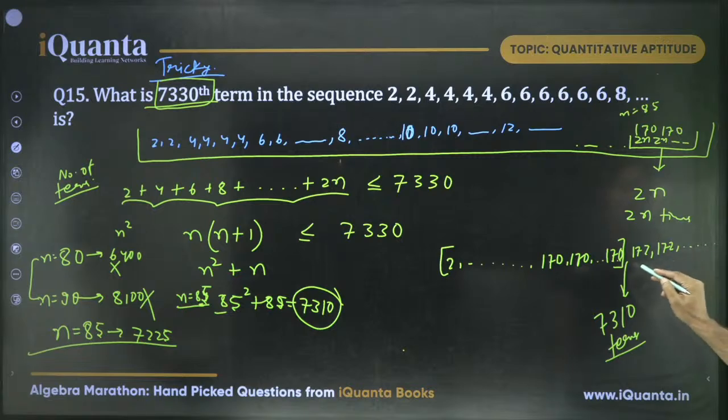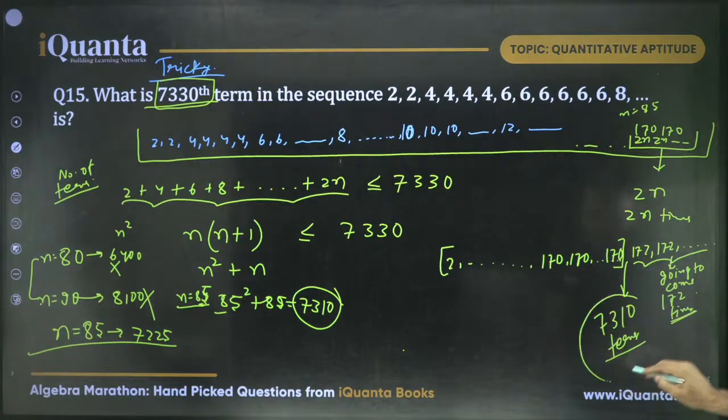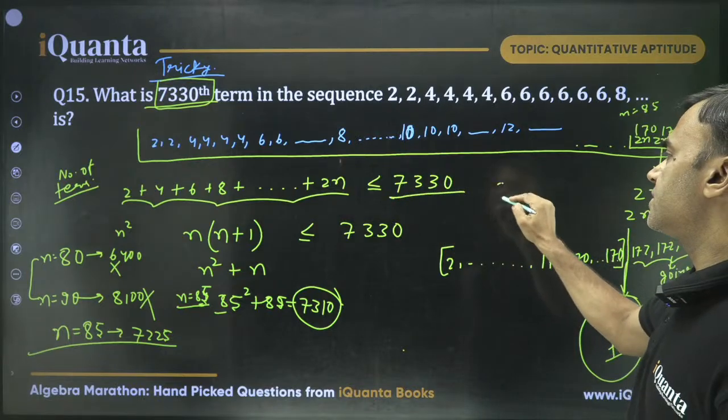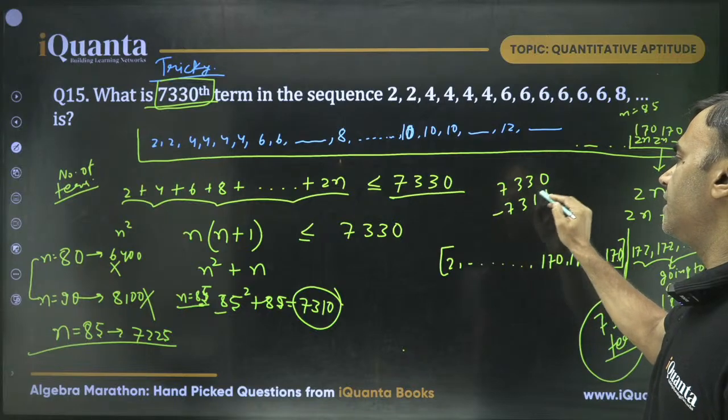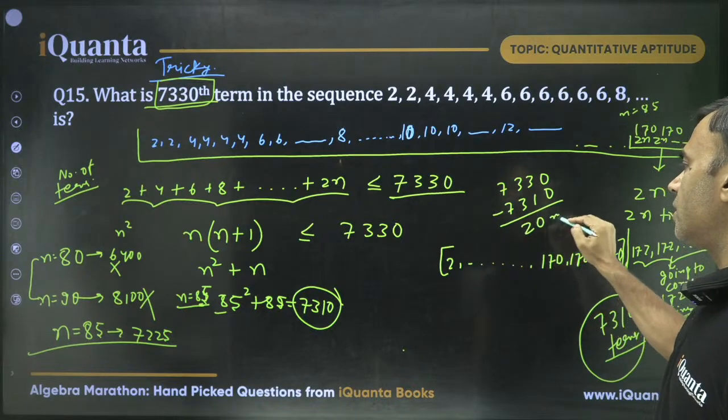It is going to come 172 times. And we have already covered 7,310 terms. How many do we need? So 7,330 minus 7,310. So we need 20 more terms